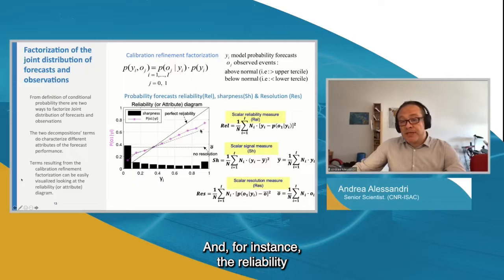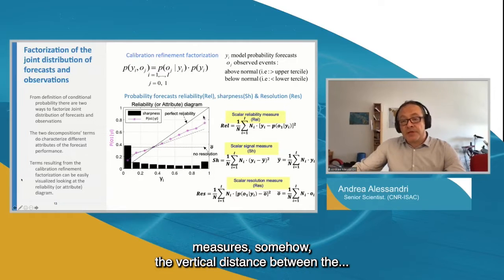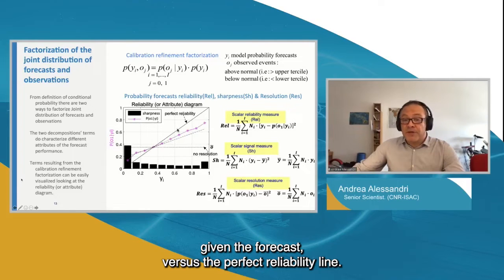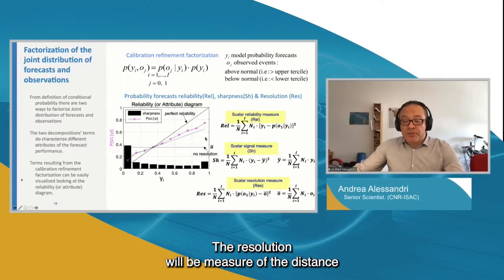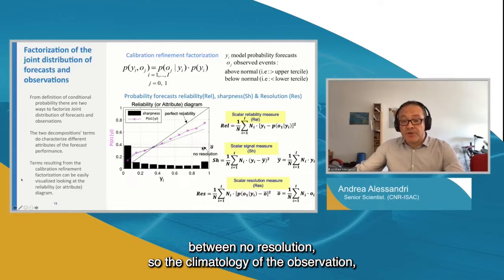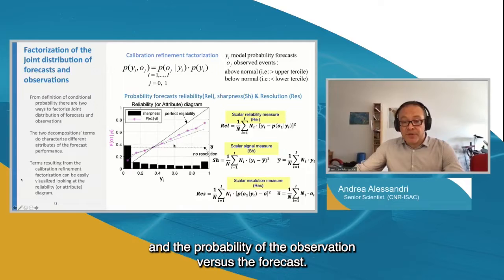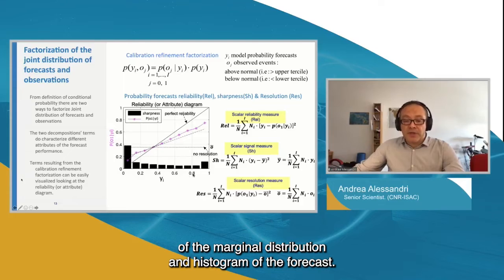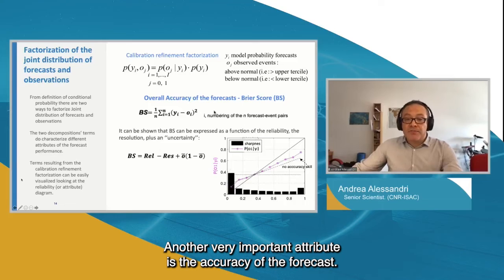For instance, the reliability measures somehow the vertical distance between the probability of the observation given the forecasts versus the perfect reliability line. The resolution will be a measure of the distance between no resolution, so the climatology of the observation, and the probability of observation versus the forecast, while the signal is a measure of the spread of the marginal distribution, the histogram of the forecasts. Another very important attribute is the accuracy of the forecast that can be measured by the